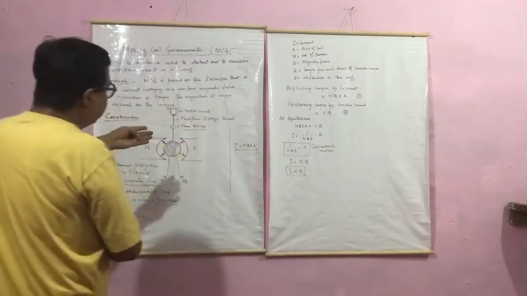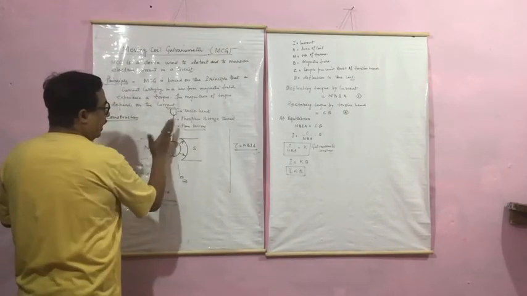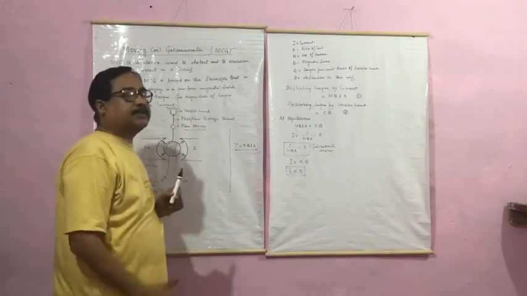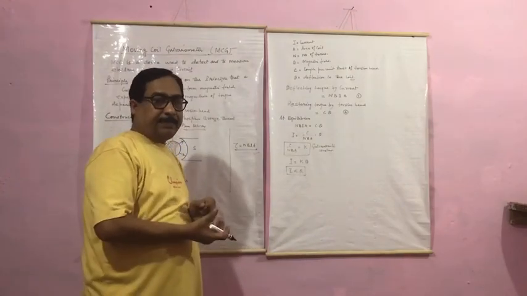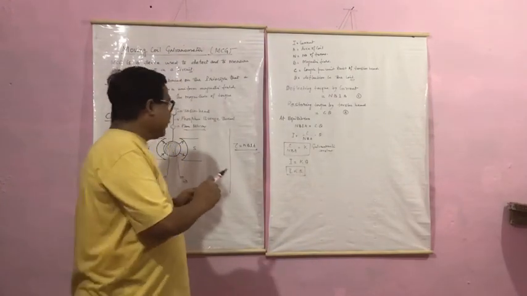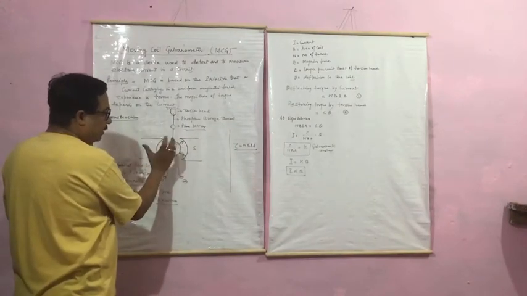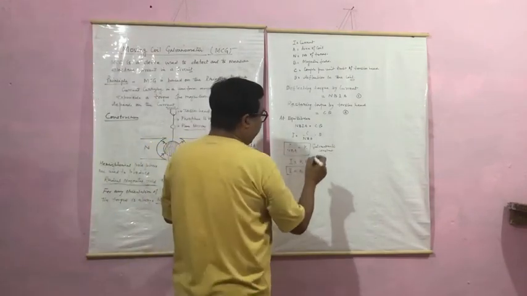So we can change the design. This is suspended, or we can make some pointer like thing. So the deflection can be made directly, and we can measure the angle also. That is called pivoted type. Pivoted type galvanometer, in which we are not suspending the coil, but it is fixed on a pin point, and deflection can be made. Okay. So now after this we have to know